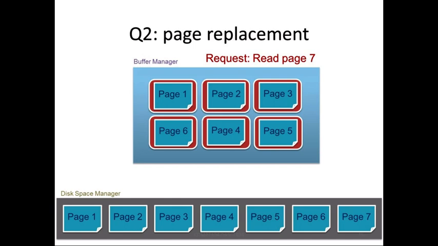In order to bring a copy of 7 in main memory into the buffer zone, we need, of course, to empty first a slot for it. Which one? Well, it really depends, I would say, on two things. Which pages among 1 to 6 are still in use, because if a page is in use, it's definitely not a good idea to send it back to disk. Being in use means that immediately after we may have to bring it back. So we should definitely not kick out a page that is still in use, since very soon we will need